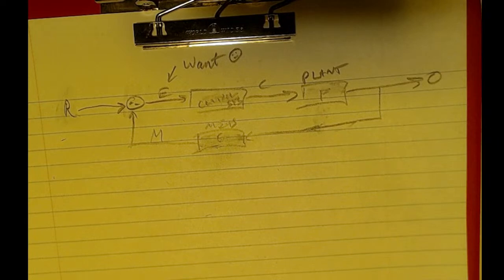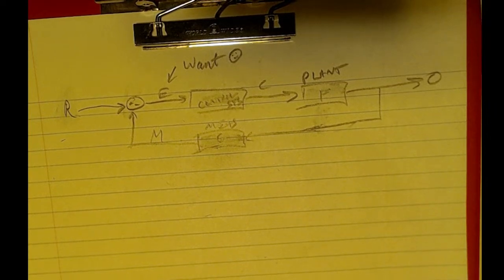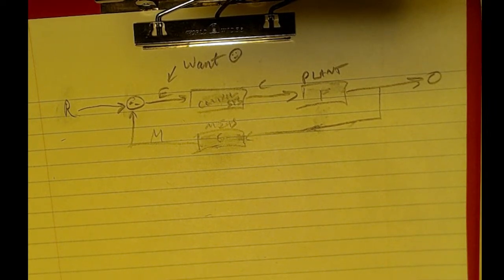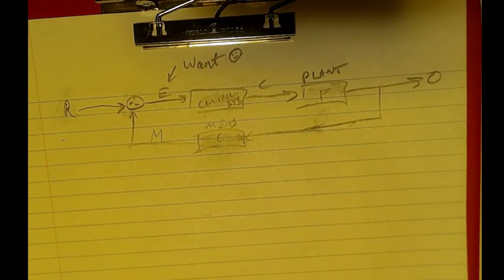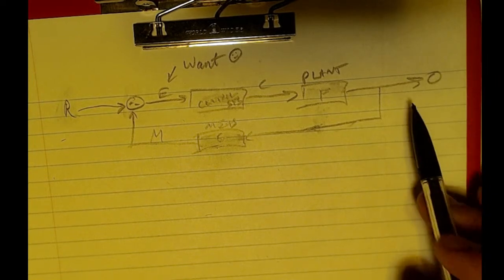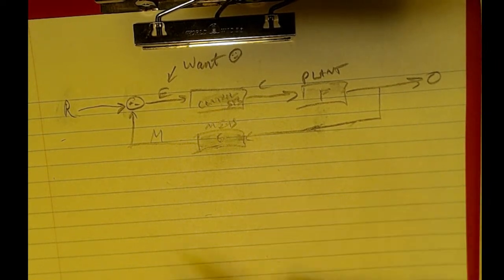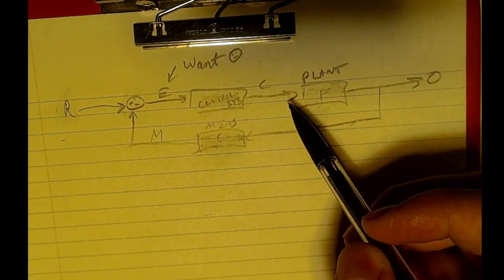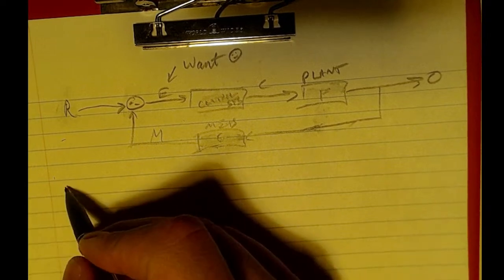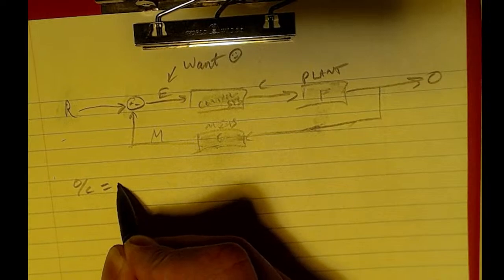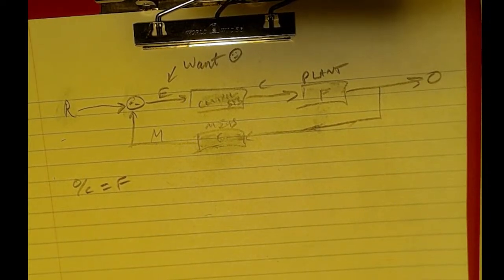Now, okay, I don't know why I was doubting myself. This is exactly the classical way of drawing it. And now what I'm trying to remember is writing out the transfer function for O relative to what exactly? So we have that O over C equals F. So now let me open, finally, the page of that book.